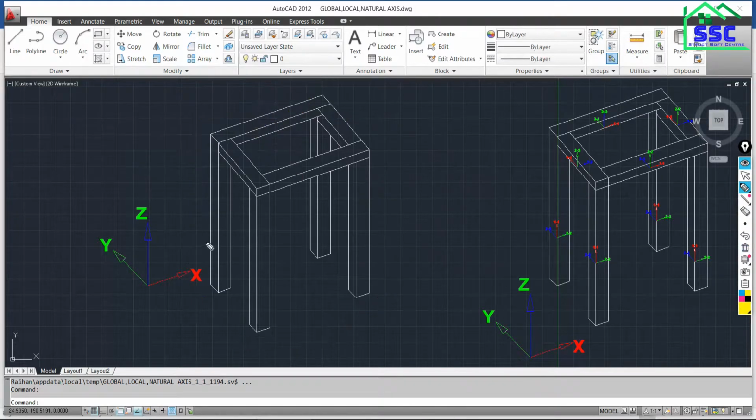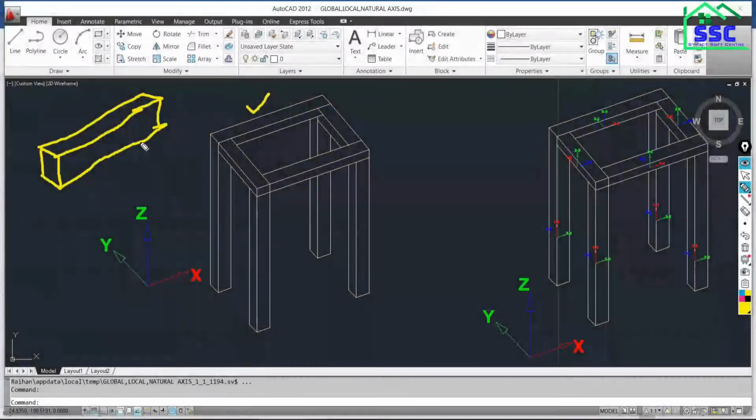Now we are not talking about the entire structure. We are going to discuss a particular element, the beam. I am taking it outside. So this is the beam. Is that visible? This is the width, this is the depth, and this is the length.